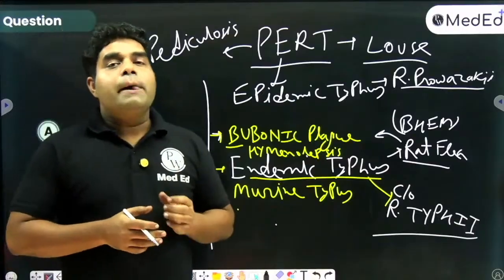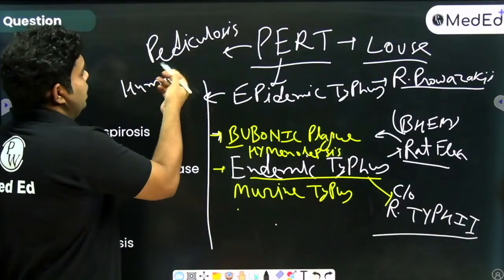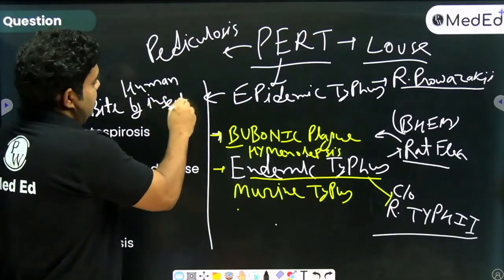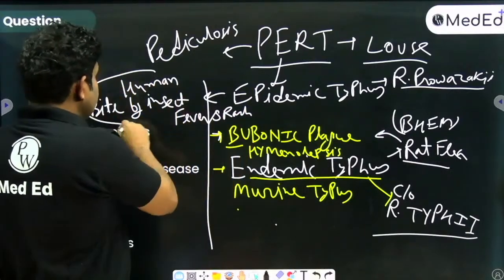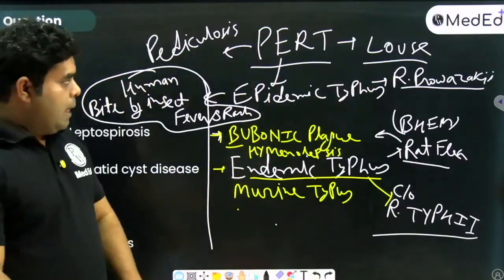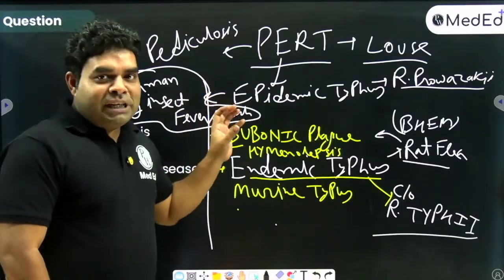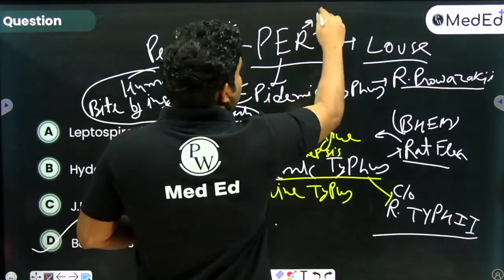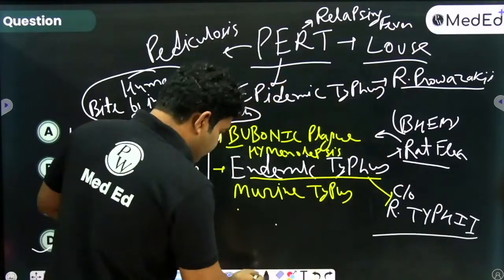तो कभी कभी वो इसको एक क्लिनिकल पिक्चर की तरह 2 बार पूछ चुके हैं कि अगर एक इंसान को बाइट हुई, बाइट बाय इंसेक्ट होता है ऑफ कोर्स, और इंसेक्ट बाइट होने के बाद इसको फीवर और रैश हो रहे हैं, तो ये कौन सी डिजीज है? तो मोस्टली अगर ह्यूमन बाइट के बाद फीवर रैश की बात करते हैं तो वो मोस्टली आपसे इपीडेमिक टाइफस पूछ रहे होते हैं। और लाउज, जिसका निमोनिक मैं पर्ट बता रहा था, उसमें 4 बीमारी कौन कौन सी हैं? पी से पेडिकुलोसिस, ई से इपीडेमिक टाइफस, आर से होता है रिलैप्सिंग फीवर, और टी से होता है ट्रेंच फीवर।